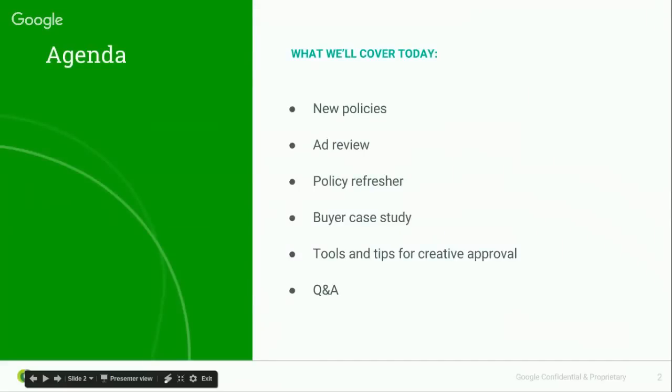So here's what we have on the agenda today. We'll be starting by going through the new policies for the month. We'll then go very briefly through what our ad review process looks like, and we'll also provide a general policy refresher for any new buyers. We'll then give you a quick update on our buyer health checks we've been carrying out recently, and to finish, we'll go through some handy tools and tips for creative approval and answer any questions you submit via the Q&A